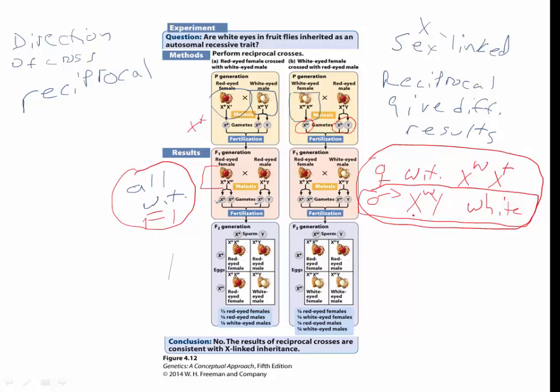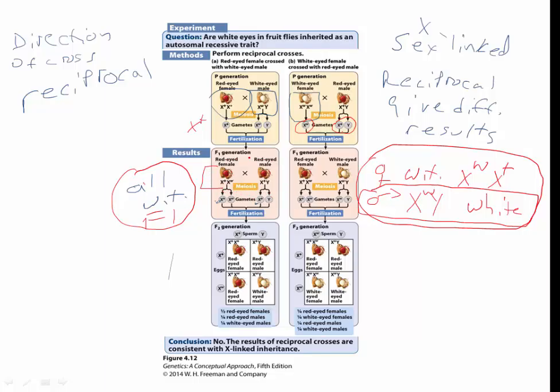So if we do a reciprocal cross, if we do both of them, we can tell that there's a difference right away in the first cross. If we do this cross on the right using a white-eyed female crossed to a wild-type male, we can also tell things right in the F1 generation. But if the only thing we do is this on the left, and we cross a red-eyed female to a white-eyed male, all of our F1